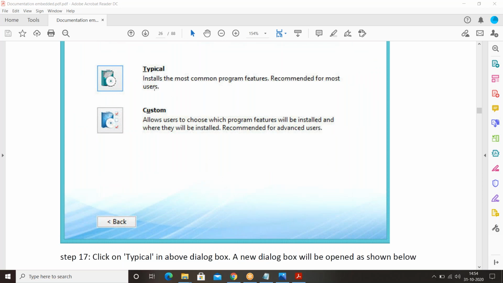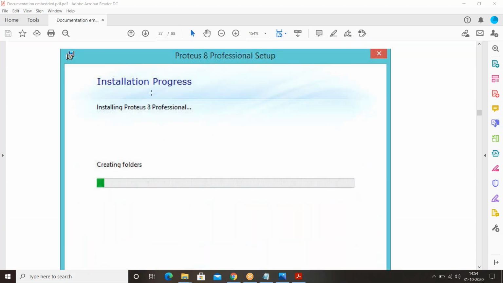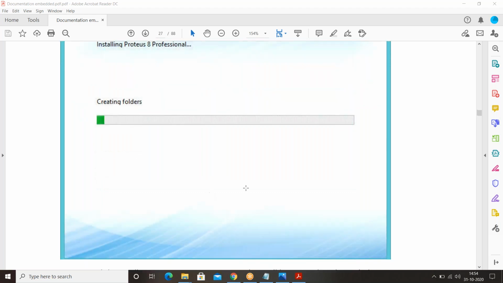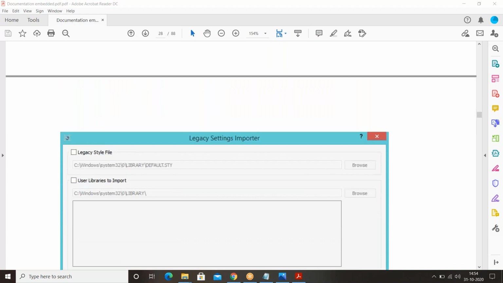Select typical, and you'll get installation progress. It may take 1 or 2 minutes. Please hold on.